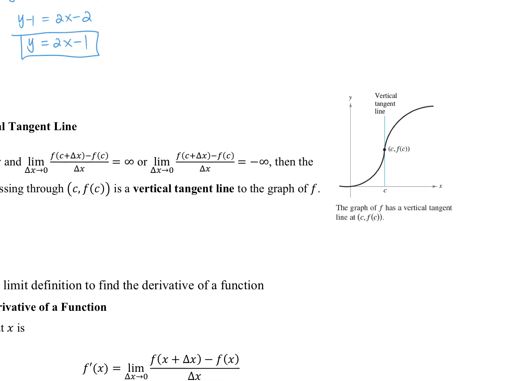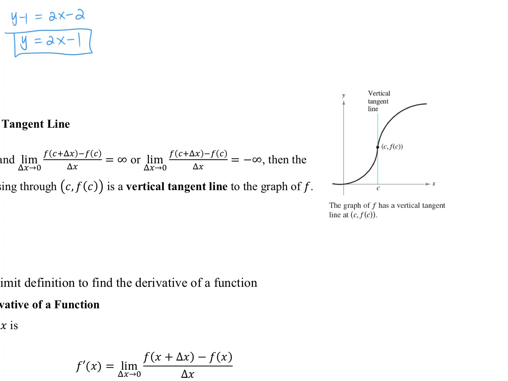And it looks like this. Here, this f is continuous. And at c, the limit of the difference quotient is either infinity or negative infinity, then it's a vertical tangent